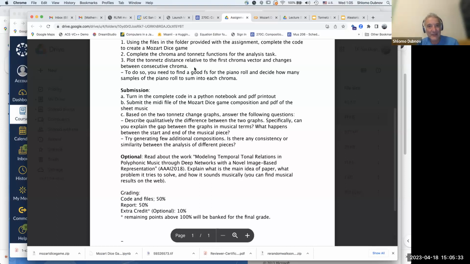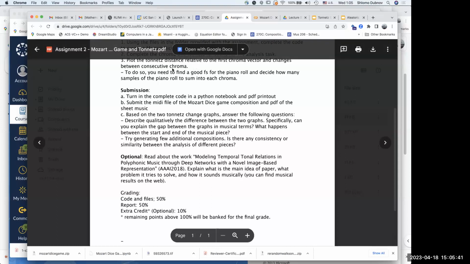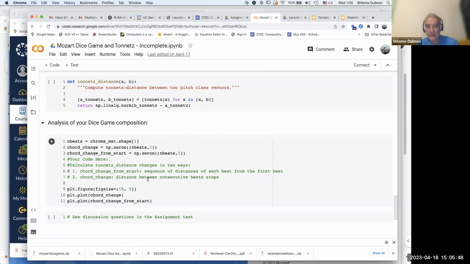I have a question. For the last part of the assignment, do we need to calculate a difference of chroma for every measure, or just one? So there are two of them. You run through the whole piece. So your graph will be, depending on the choice of a beat,